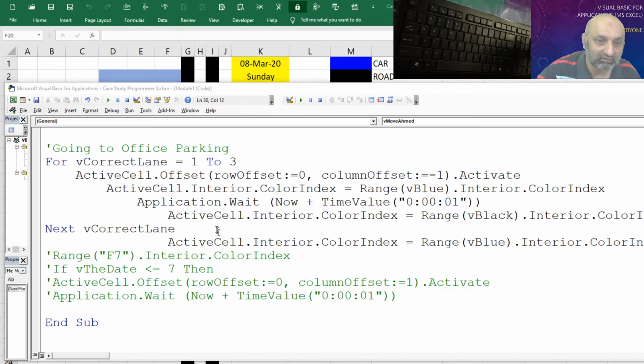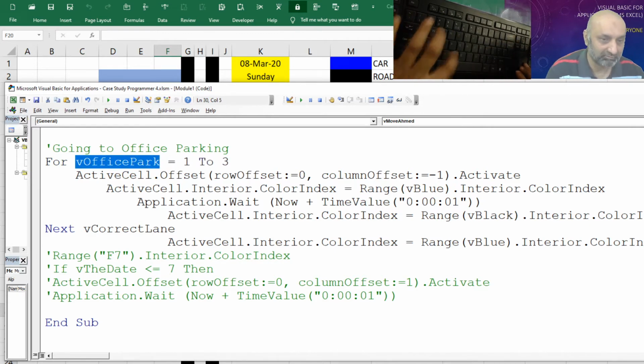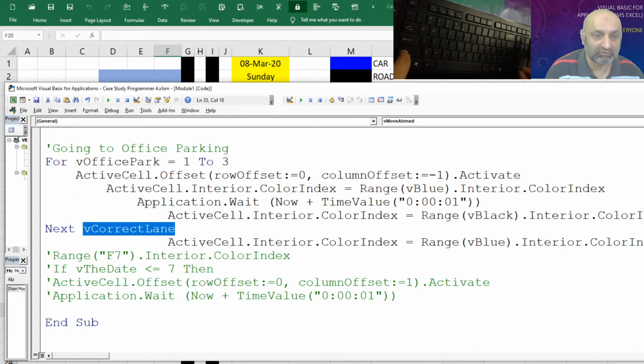So let's change the name of the third loop, going to office parking, as office park, and copy this with the next statement also. So now it is done, we are good to go.